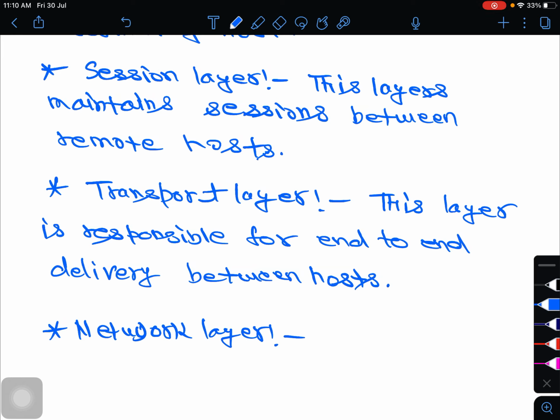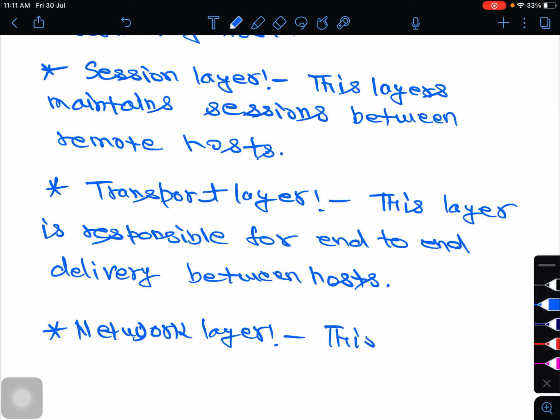Services are of two types, one is connection oriented and the other is connection less services. And the network layer is responsible for the unique addressing of hosts in a given network.